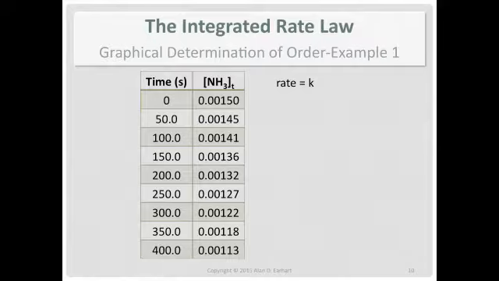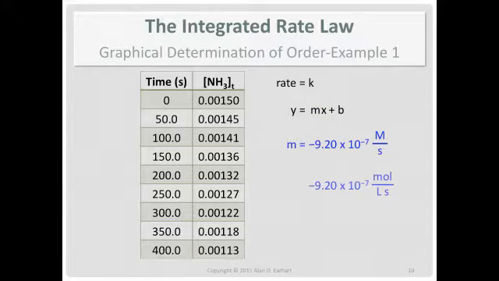Now, what did the graph get us? Not just the order, but remember what we get from it. We get the slope. Now, the units for the slope are the y units over the x units. And you can either write this one as molarity per second, or you can do moles over liter second. It doesn't matter to me which way, because I take both of those as equivalent.